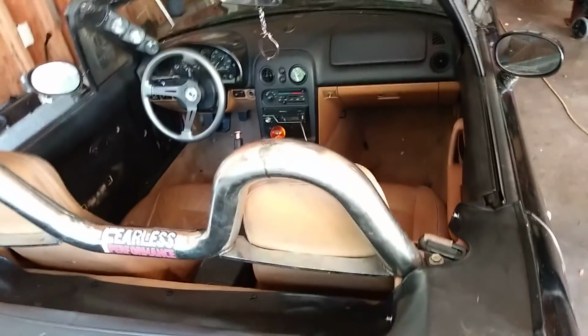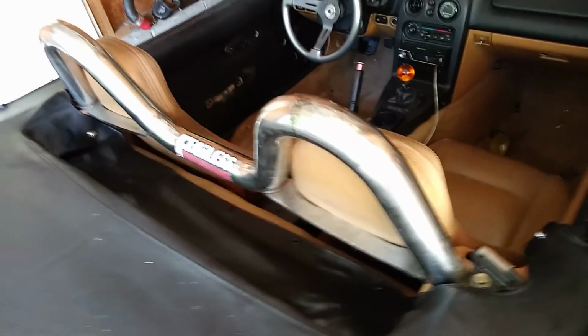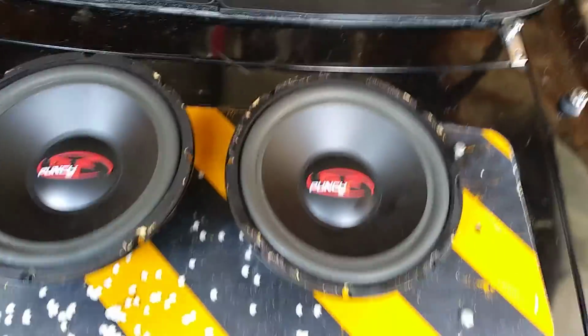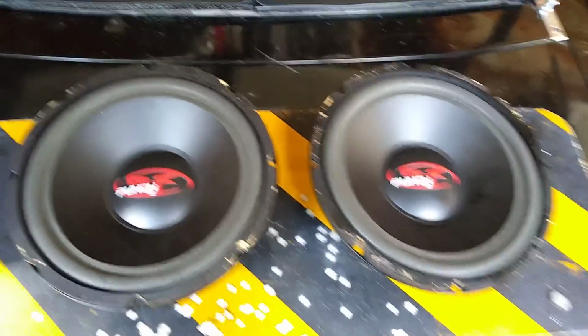Other than that, I bought some subwoofers because I cannot drive a car with a radio without subwoofers. I'm just a bass head when it comes down to it. And I bought these two little 10-inch subwoofers, and I wanted to make a box and put them in the trunk. But the issue is,